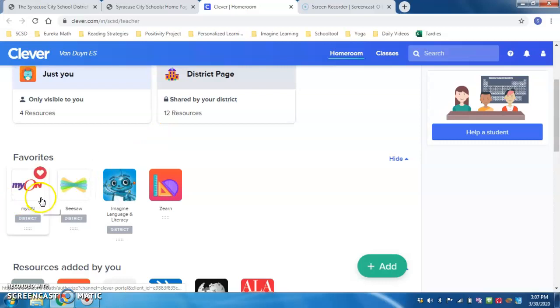Here we see Mayan, Seesaw, Imagine Learning, and access to Zearn. So Imagine Learning is for ELA, Zearn is for math. Mayan, we can listen to stories as well as turn that part off and read them ourselves. I'm going to click on Seesaw. It's going to bring me to